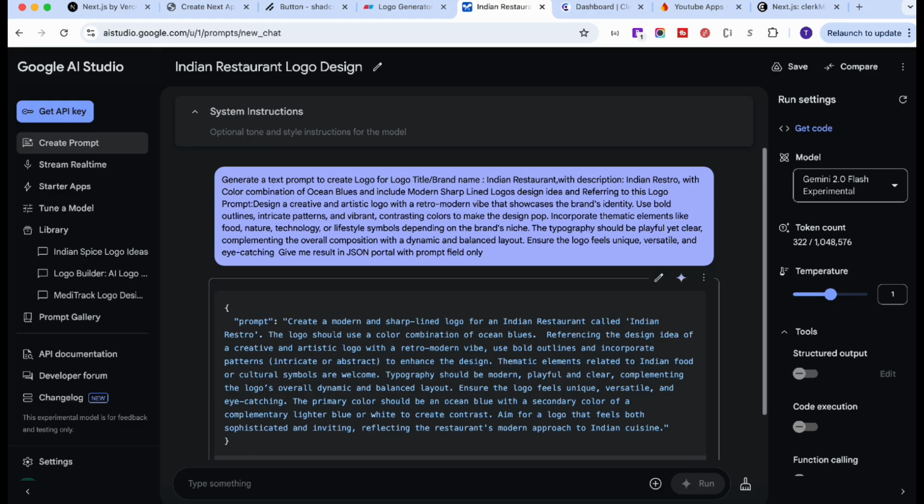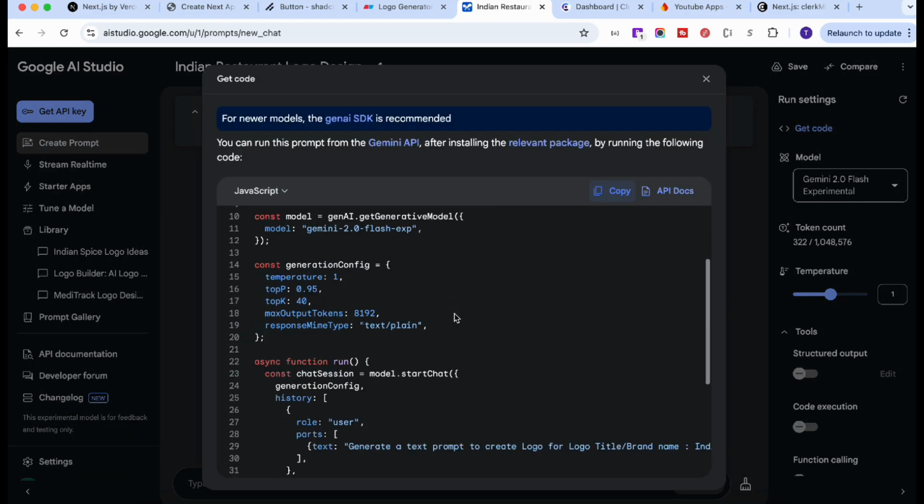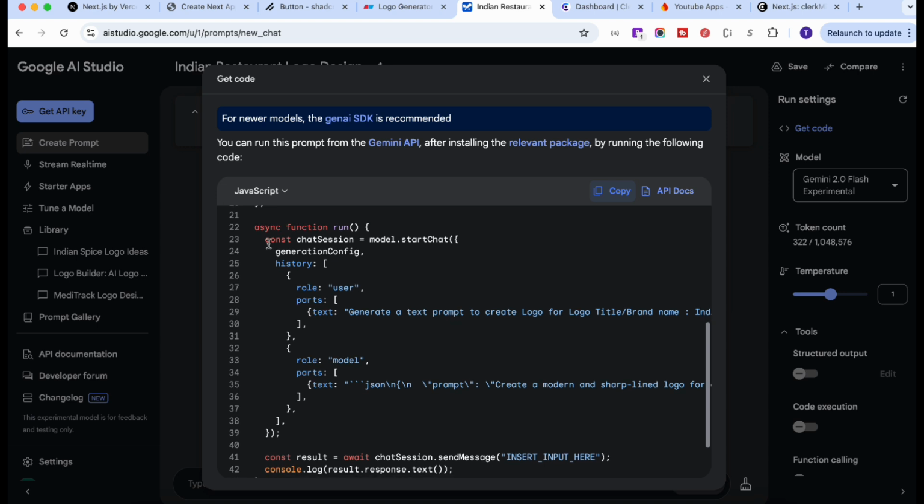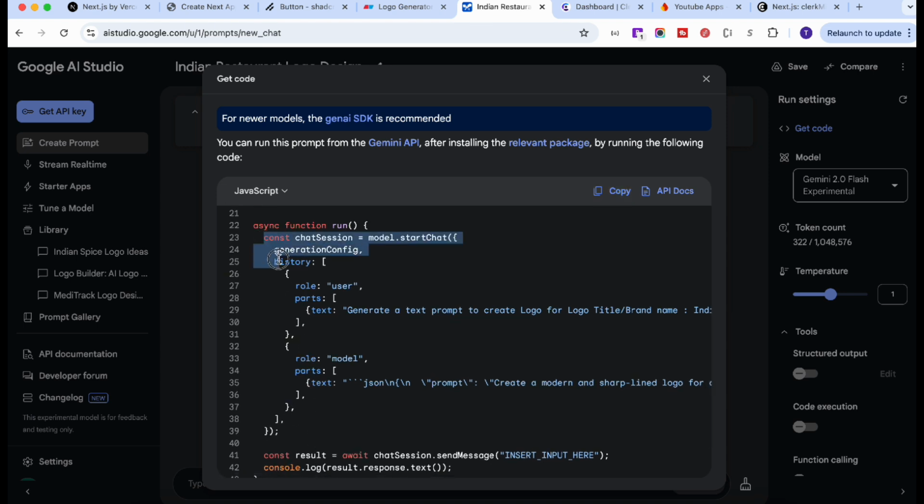How cool, right? So this is a new AI model we need to add. Obviously we have the model, but new updated code we can add. So simply click on the get code, and the only thing that we want is this particular section now, because we already have the other section, right? So just copy this